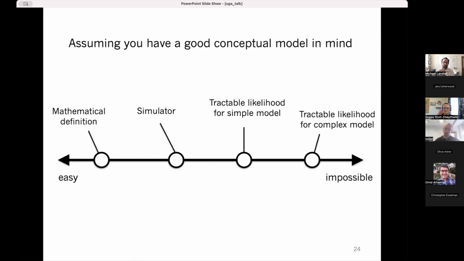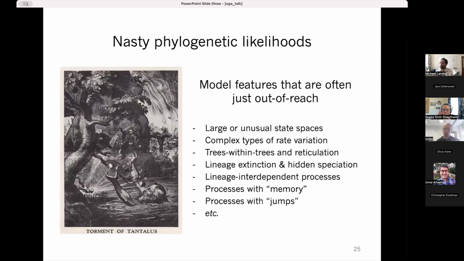model design, if you ignore the other downstream parts of it, such as how difficult is it to write software that will simulate data or realizations under that model? Or how difficult might it be to get a likelihood function out of a relatively simple model versus a very complex model, such as the one I just showed, where you might have ecological factors, cellular factors, population dynamic factors, and so on, that influence the spread of viruses in space over time. It gets complicated, right? And it turns out that many of the phylogenetic models that we actually apply are ones that have tractable likelihood functions, which almost necessarily means they're extremely simplistic representations of